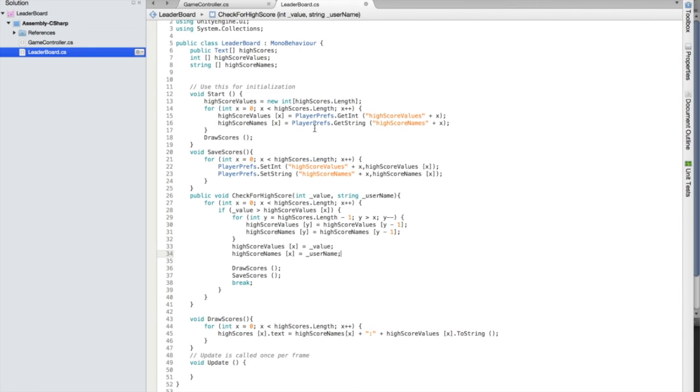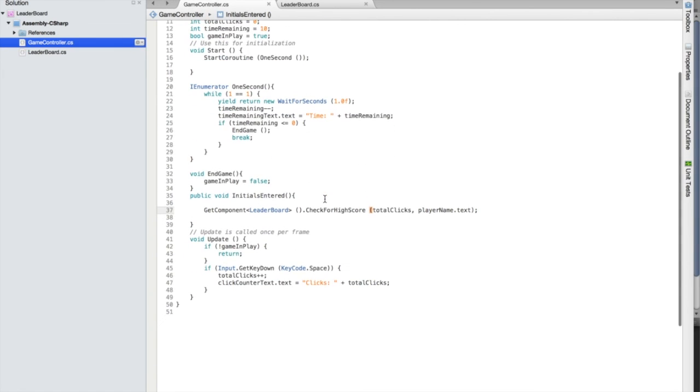Basically what we did is we just copy and pasted everything dealing with values, but named it names, so that these things get stored in there. And then inside of our game controller, we're not directly updating our high score list at the end of the game. We're going to do it when the initials are entered. Yeah, in theory it's possible to hit this button at any time, but that's not really what we're worried about right now. If I go back to Unity,